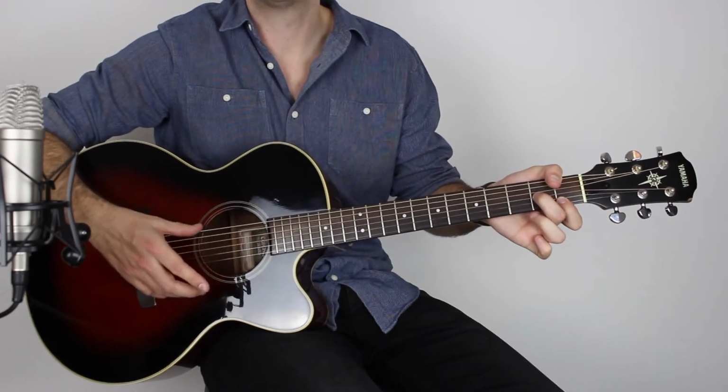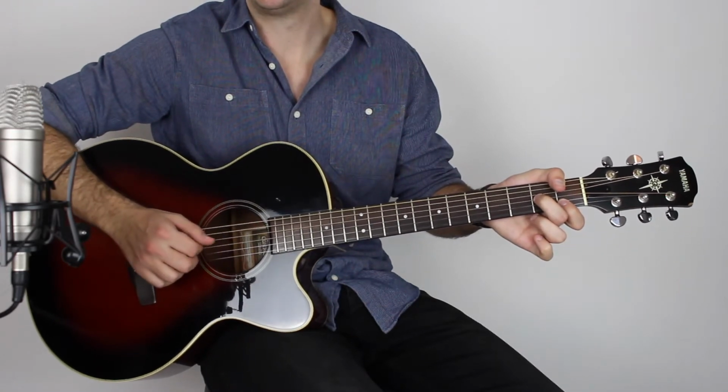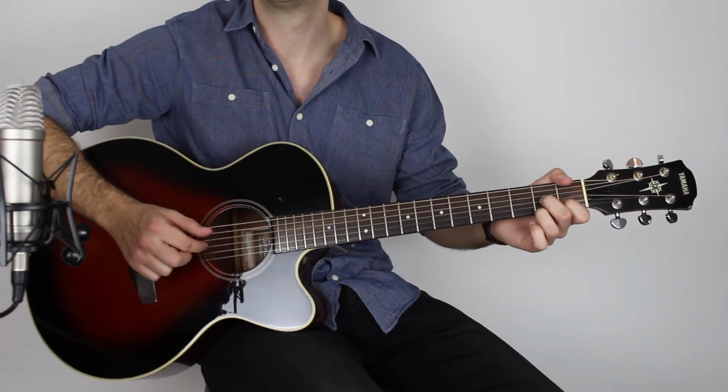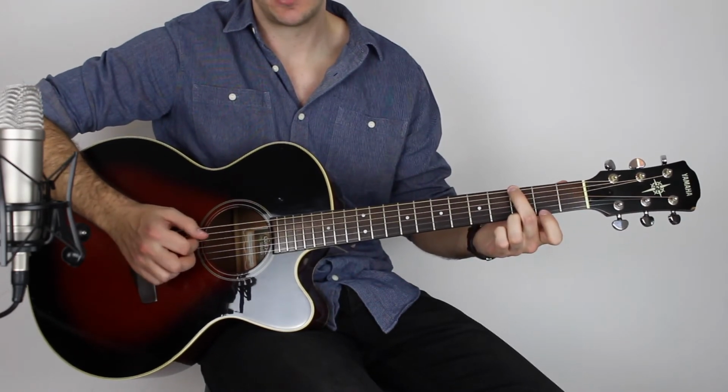Then you've got this F chord, play the 2 E strings, first fret on both, second fret on the G, and then D7, play the open E string with the second fret on the high E string, and then G, 2 E strings, open G, and then